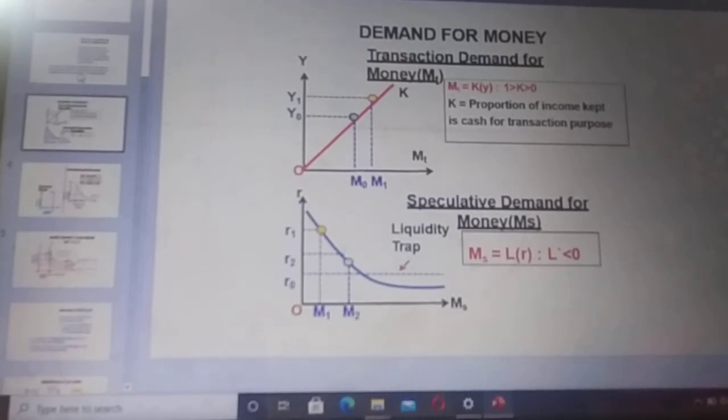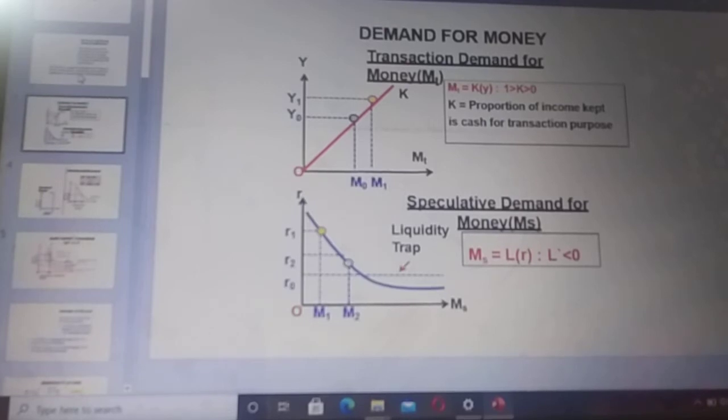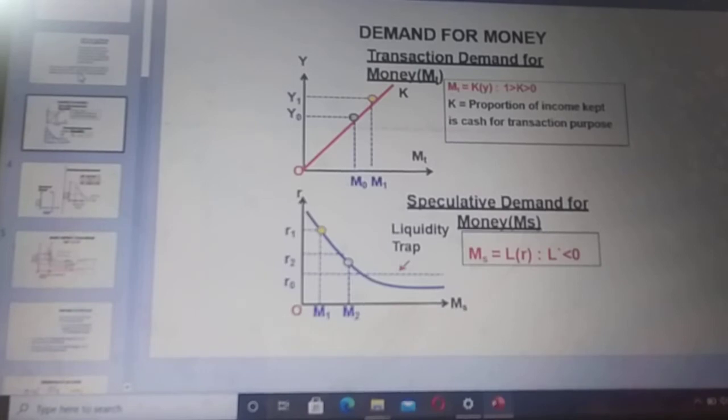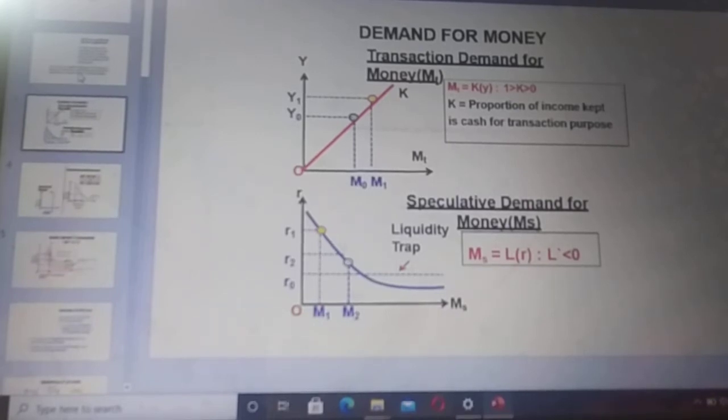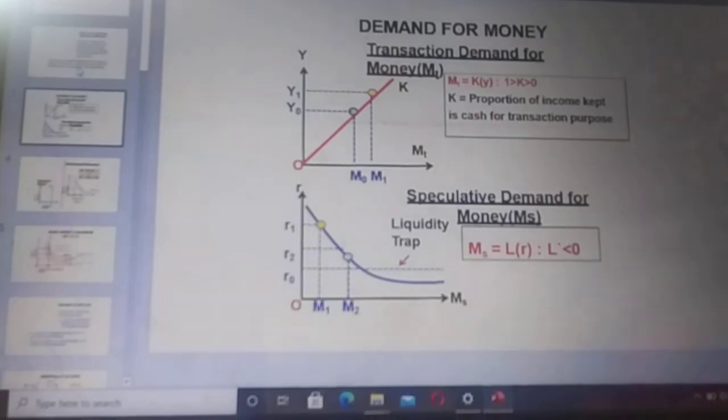Apart from that, we see another relationship between the rate of interest and the money demand. With the increase in the rate of interest, the money demand will decline. Because when the rate of interest increases, people have to pay more interest over the money that the financial institutions are lending them. So they will contract the demand for money, because of the high interest rate that they are going to pay over the money they are getting in the form of loans from the financial institutions.